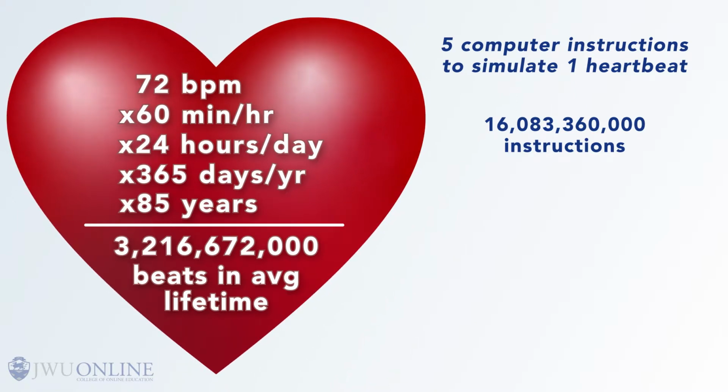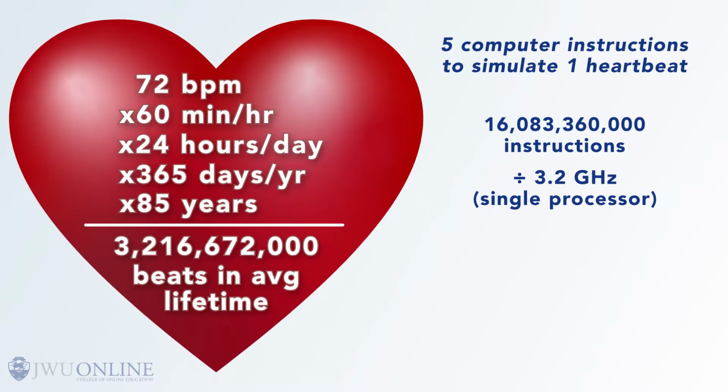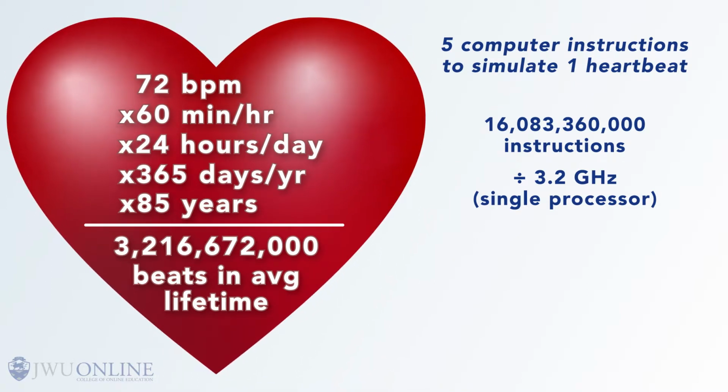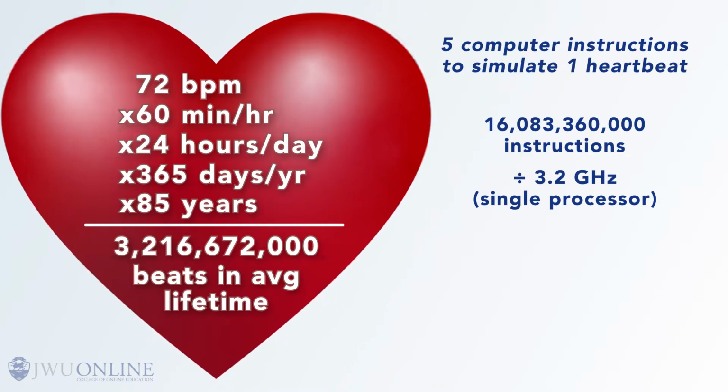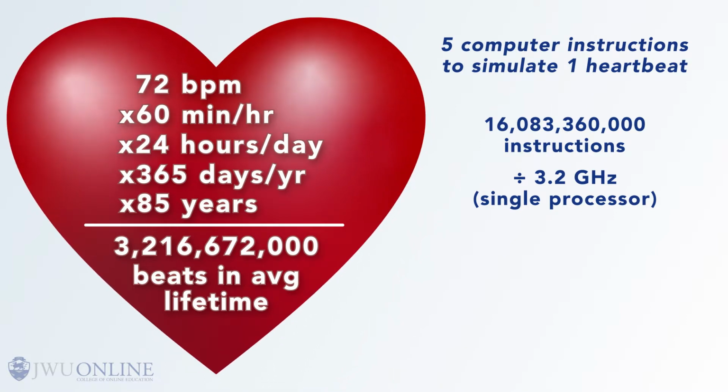Now, if we were to use a 3.2 gigahertz single processor to do that computation, that would mean our computer could execute 3,200,000,000 instructions per second. So if we divide 16,083,360,000 by